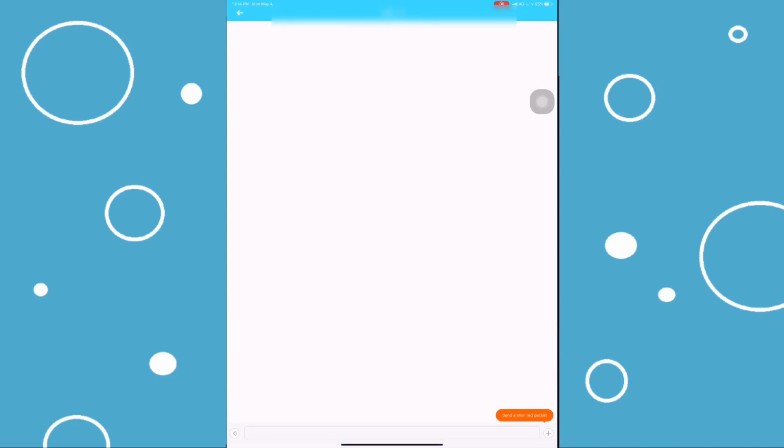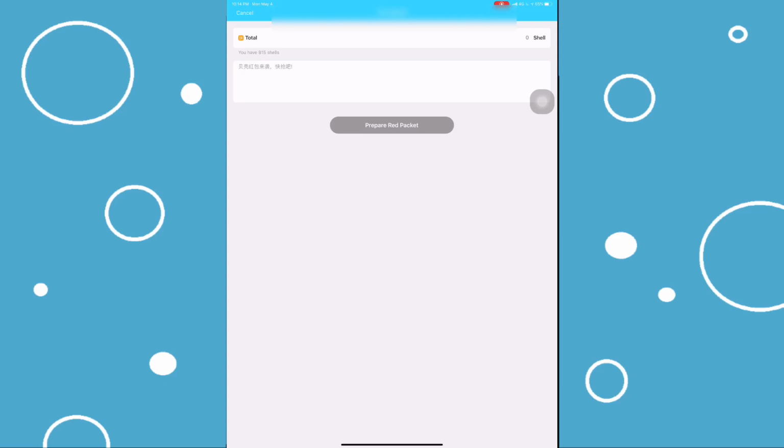Quickly going over the chat functions whilst we're here, you'll notice in the bottom right, it has a plus sign. We click on the plus sign and boom, we can send red packets. Now, on this app, we have something called shells. Shells is a currency which teachers can gain by using the app and also send to students. Students can use those shells to basically get rewards and things through the app. They need quite a lot of shells, but a lot of the kids, they like to collect them. So we as a teacher can read a ton of books, earn the shells, and then use that to our